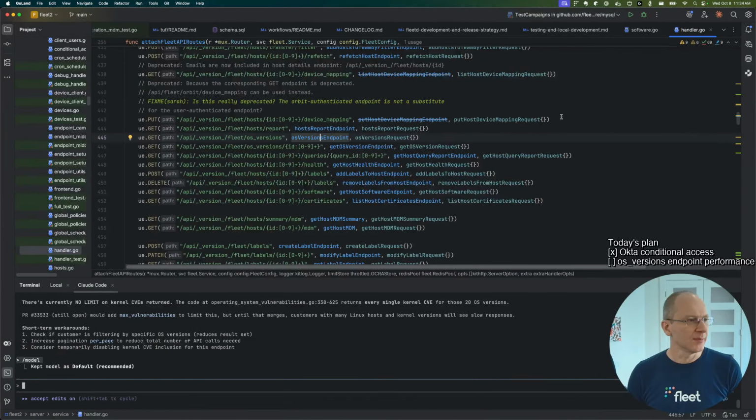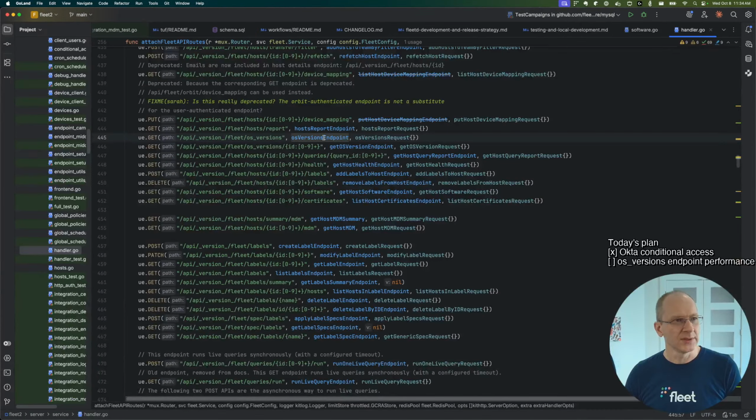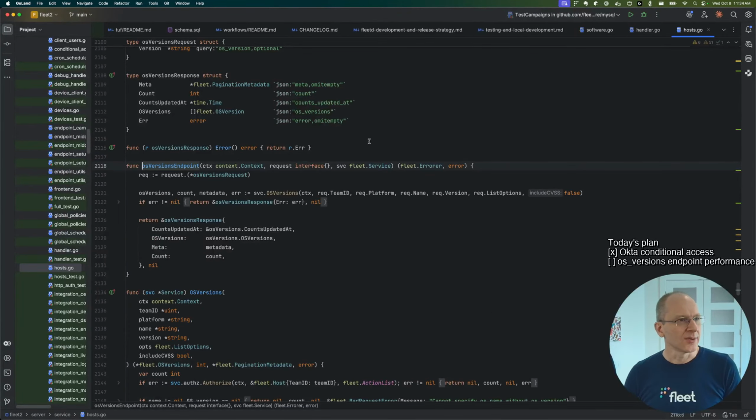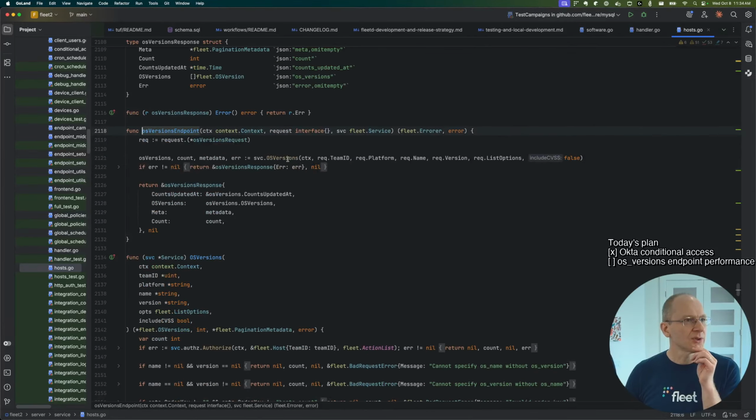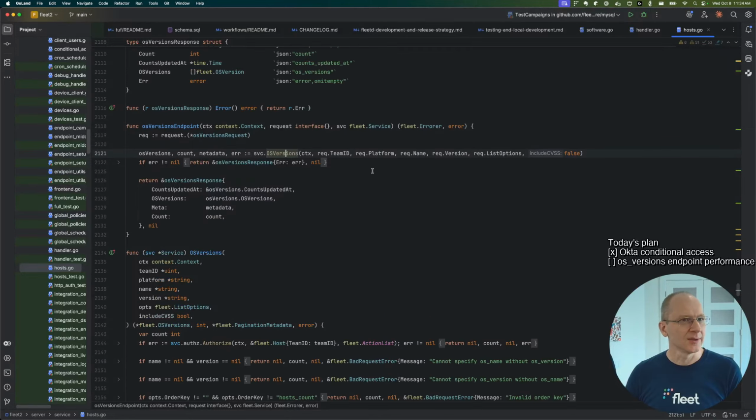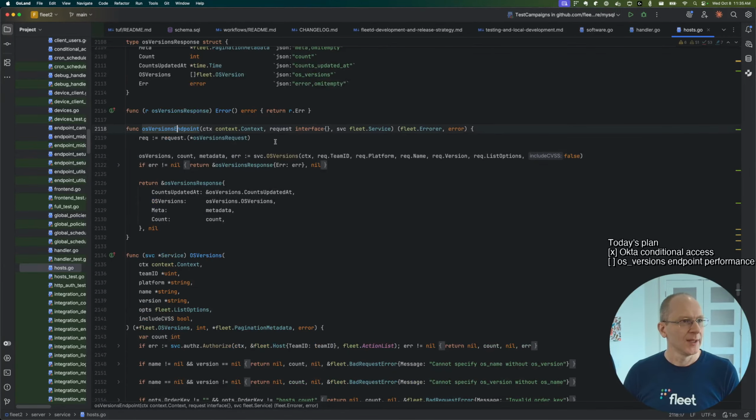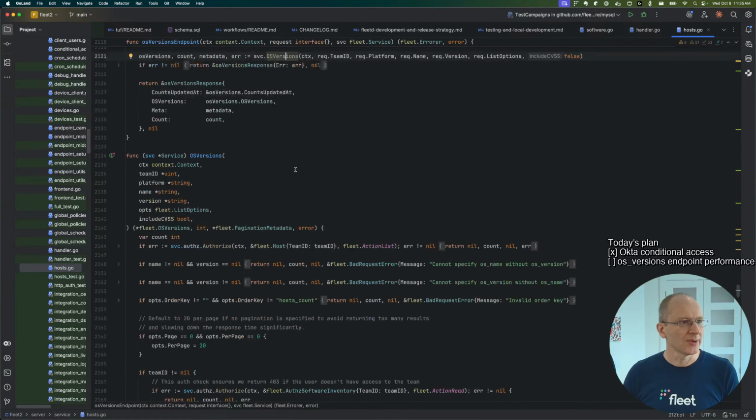But we fixed it, but the customer is still saying it's taking like a minute to fetch 20 OS versions. So let's look through it to make sure we understand what's going on. This endpoint calls a service method,